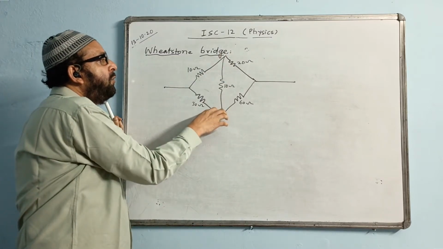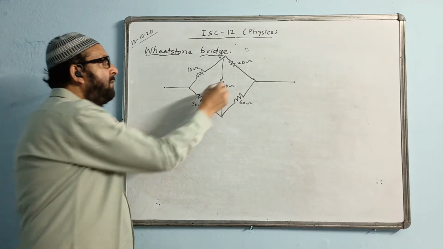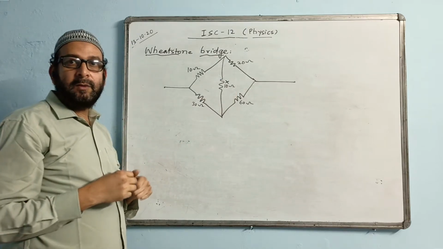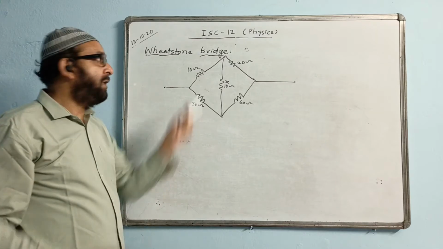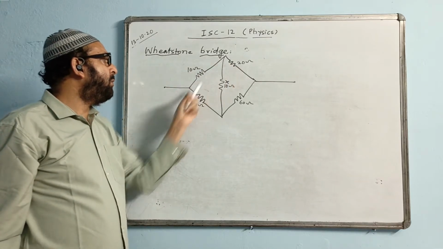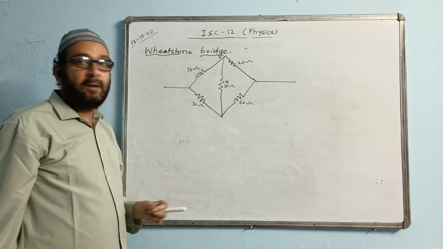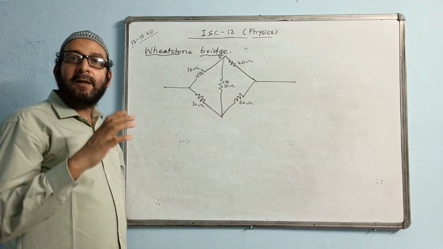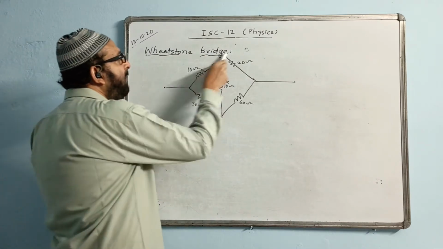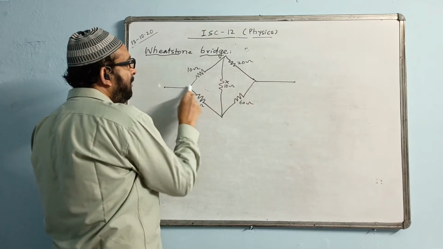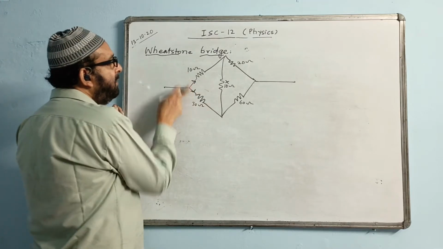When the current does not flow through this, that means this resistance is out of the circuit. This resistance we will not consider at all, because this is a balanced Wheatstone bridge. How to know whether it is balanced or not? If the ratio P by Q and the ratio R by S are equal, then current will not flow through this, and this resistance is not considered part of the circuit. These two will have the same current flowing, that means these two are in series, and the bottom ones are also in series, but these are two different branches, so the two branches are in parallel.